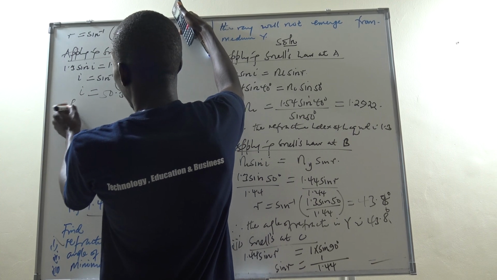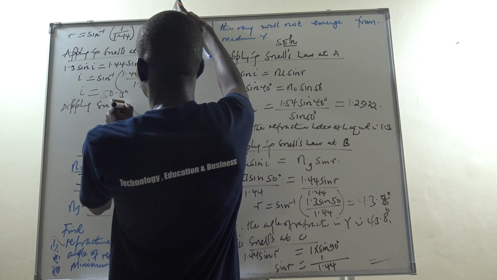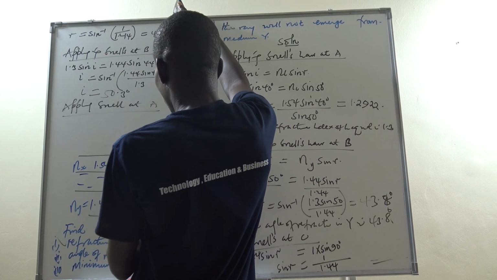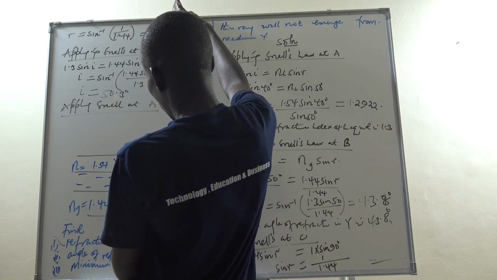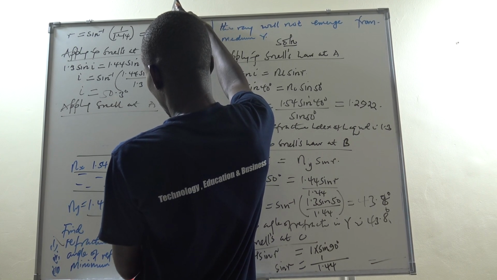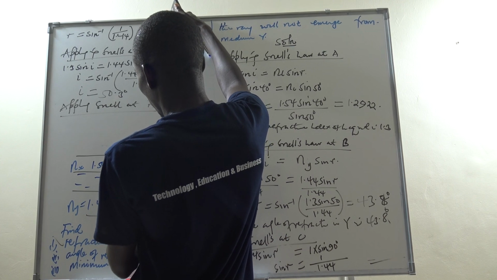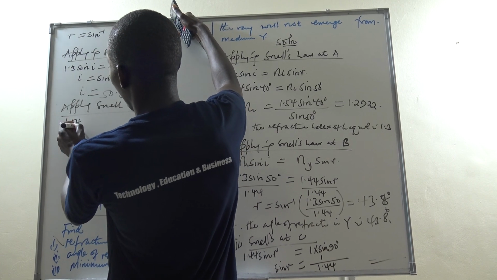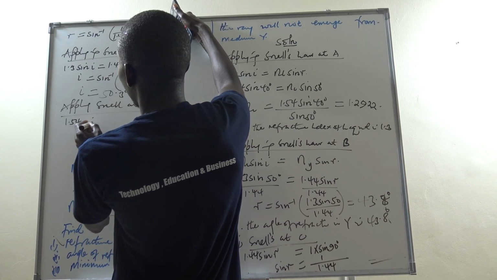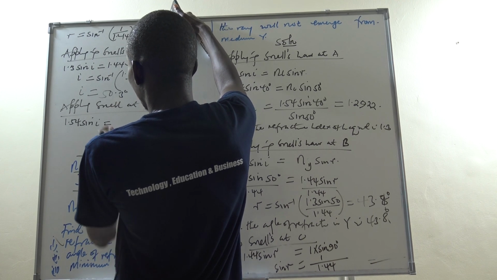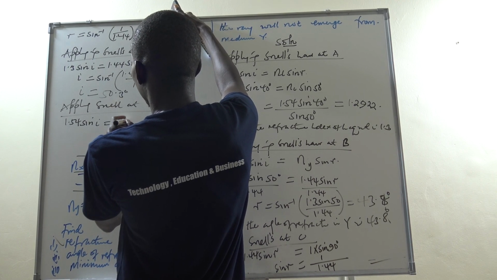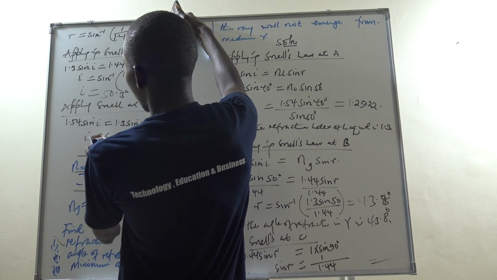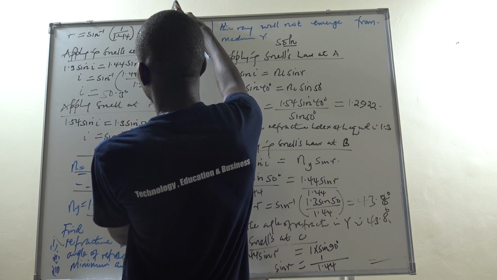And then finally we can apply Snell's law. Snell's at this point here, A. So if we are now here, we have now gotten that this angle here should be 50.3. Isn't it? That means this one is also 50.3 because we are working backward. So if I'm applying at A, I'll say 1.54 sine of the angle that should now be here, I, should be equal to refractive index of the liquid 1.3, and then sine of the angle here we have as 50.3, and then I is the sine inverse of 1.3 sine